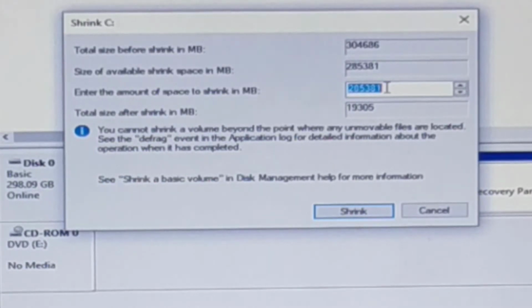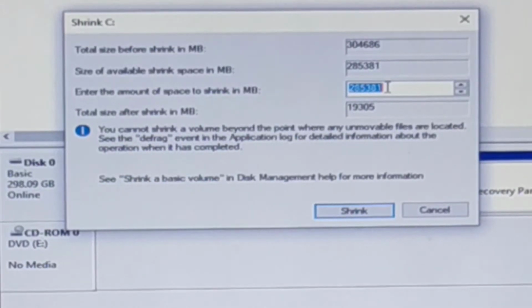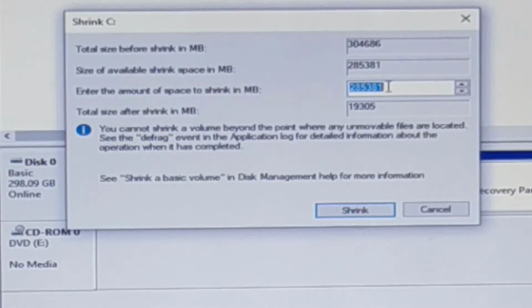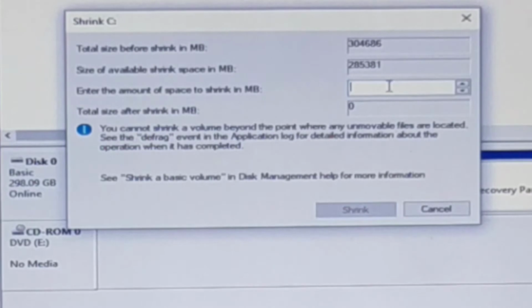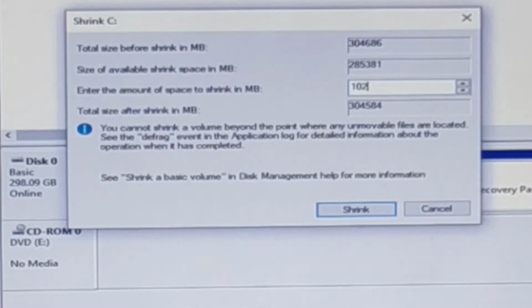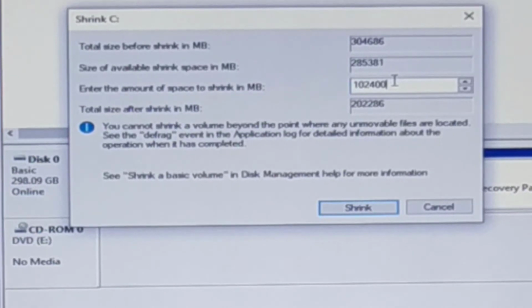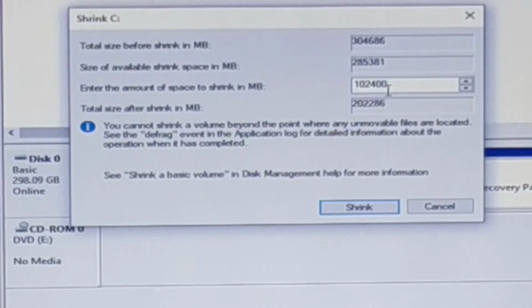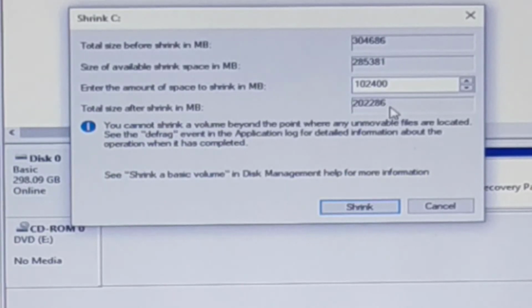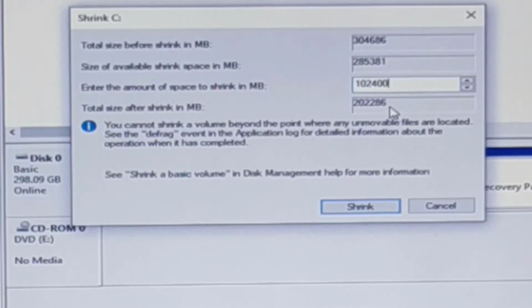So 100 multiply 1024 equal 1,02,400 megabyte. So I have to type here 1,02,400 megabyte. After entering the amount of shrink in megabyte, this megabyte is available to shrink now, right?